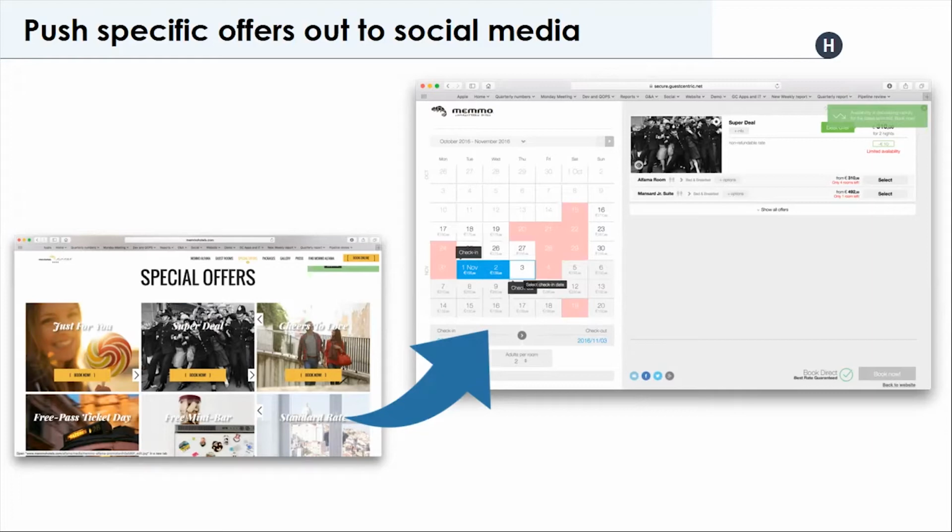Last week, I was talking with a hotel in Virginia that was pushing a specific deal on a social media channel for weddings. And using this technique, they managed to reduce the dependency on Expedia by 25%. So again, it's all about synergies, right? You need to use a combination of these features just to try to reduce the dependency on the OTAs. Okay, can you move forward?